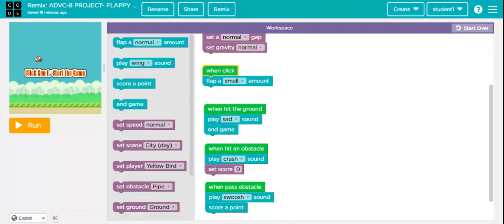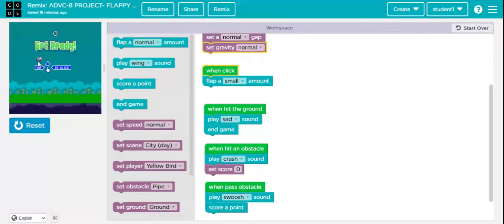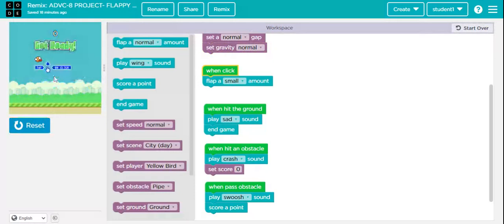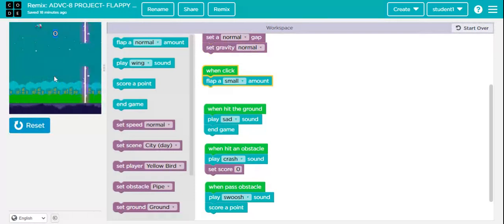Let's check whether our game is working or not. First click the game. Now it is telling tap or click. We'll tap. So it touched the laser, and a sad sound came and our score was 0.